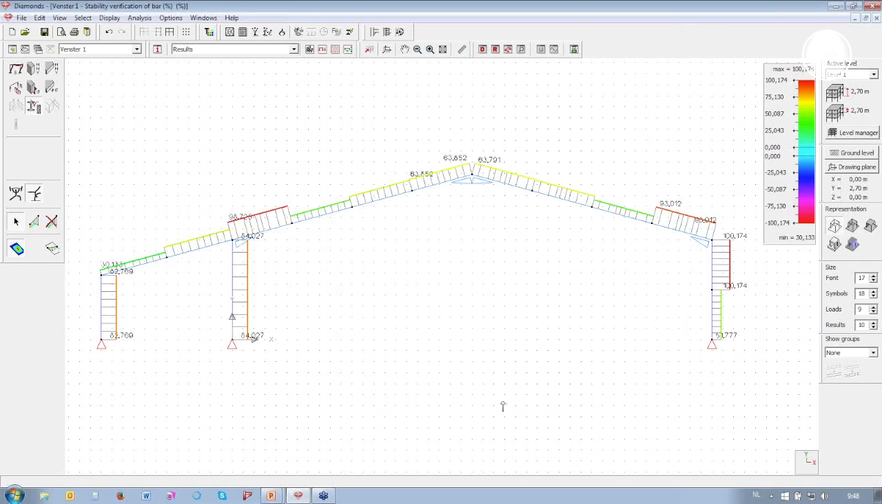Just one important remark: here we are just a little below the 100%, but if you're really above the 100%, it's no point in calculating the connections because there's also a little check in the Power Connect. So you first need to have a good global analysis with the proper cross sections, otherwise there's no point in detailing. Now we are going to calculate two connections, this one on top,